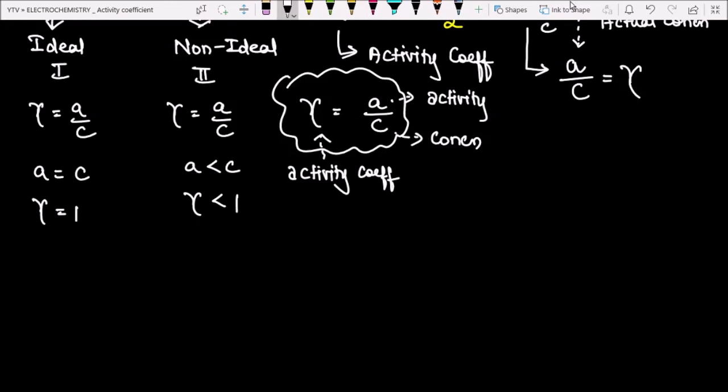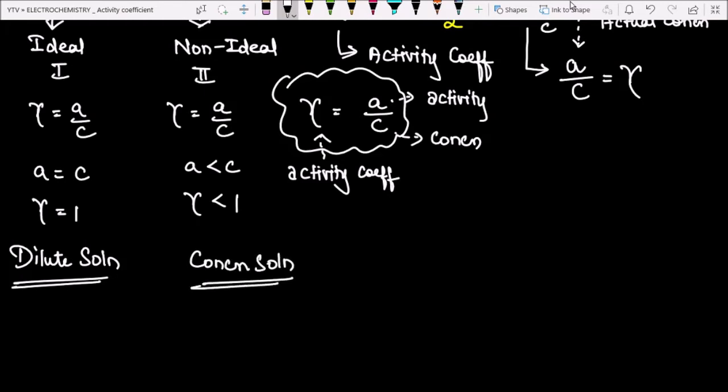Which solution is behaving ideally? Dilute solution, that is the first case. In case of dilute solution, whatever the activity that you expect for the given concentration is going to be produced 100%. Whereas in case of a concentrated solution, the expected value and the actual value will have a huge difference. Now the reason behind this: why is it non-ideal? Because of strong force of attraction. And why is it ideal? Because of ionic mobility. Here ionic mobility will be hindered in the non-ideal case, while here ionic mobility is high. The ions are not attracted towards one another and they are free to move and produce the current.